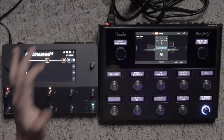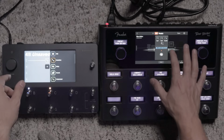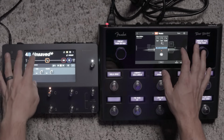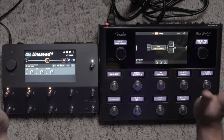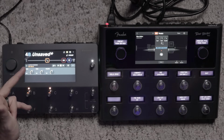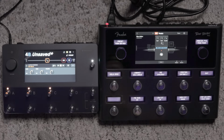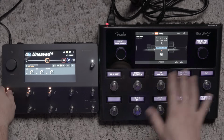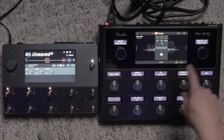That was in my left hand too. I'm going left hand on the Quad Cortex. I feel like the touchscreen on the Quad is so much faster, if I'm being honest here. Let's see here. A little bit more instant. I get that the Fender wants to page up and scroll, whatever. So while you're here now, we have pedals. You have your lit knobs here, control the Quad Cortex, and you have...